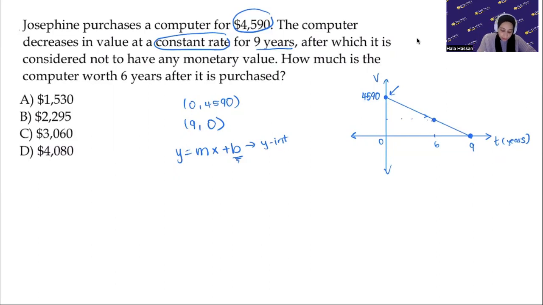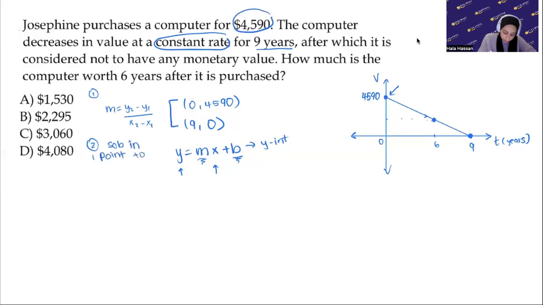Then we have over here a point. We can plug in a point, and then we're only going to be missing this slope, right? So then we can find that slope. There are 2 different ways we can do this. We can use those 2 points to find the slope using m is equal to y2 minus y1 all over x2 minus x1. That's one way of doing it and then subbing it back in. Another way of doing it is subbing in a point. So this is method 1, using that equation. Method 2 would be sub in 1 point